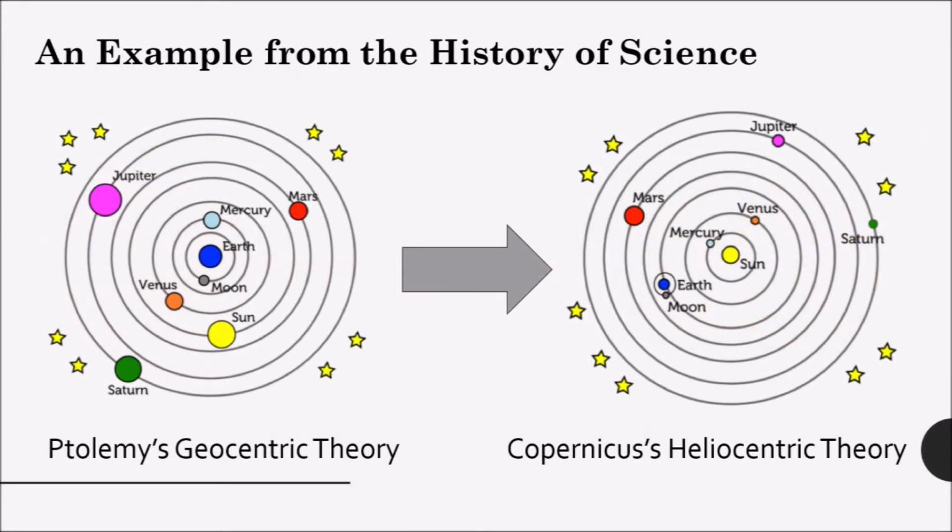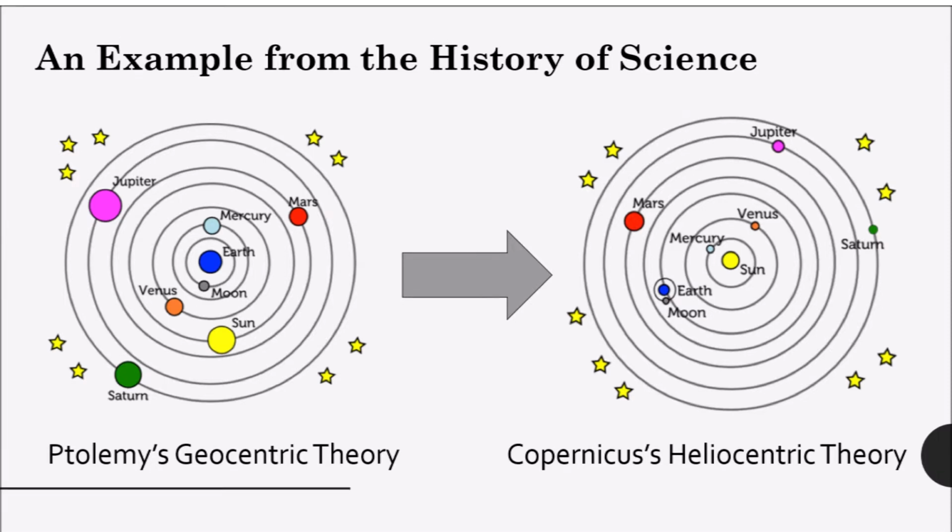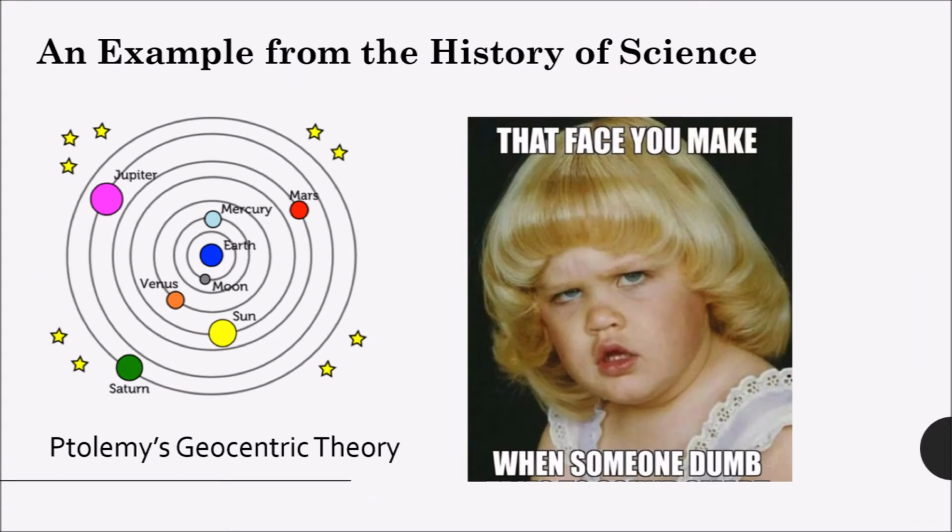To better understand this idea, I will use an example from the history of science: the shift from Ptolemy's geocentric theory to Copernicus's heliocentric theory. For many years, the geocentric model served as the predominant description of the way the solar system operated. Though people now, like me and you, may find it irrational to even think that Ptolemy's theory could be correct, there were a lack of methods and instruments necessary to prove at the time the shift occurred that Copernicus's theory